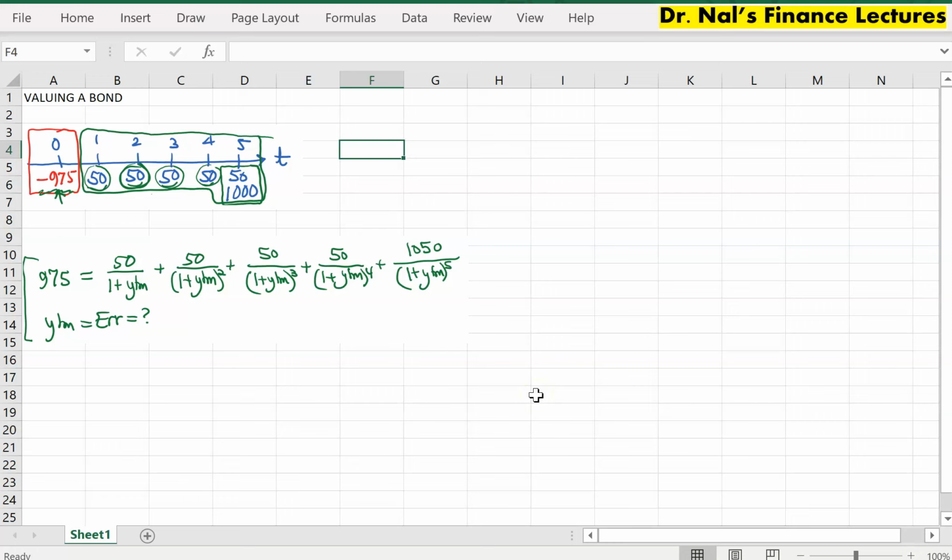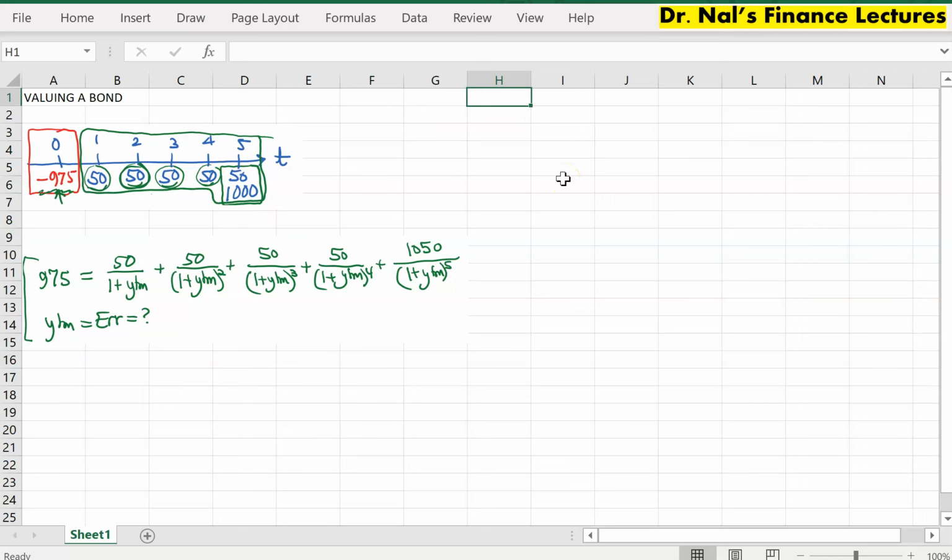Okay, so I just copied our progress so far. On the timeline we have a bond which promises $50 coupon payments over the next 5 years, and at maturity at year 5 it also pays an additional $1,000 face value. And currently this bond is selling at $975 at the marketplace. The question is, an investor, a creditor, who invests in this security, how much rate of return is that investor earning over the next 5 years by simply purchasing this security with the following cash flow promises? All right, so the way we usually do it is the following.